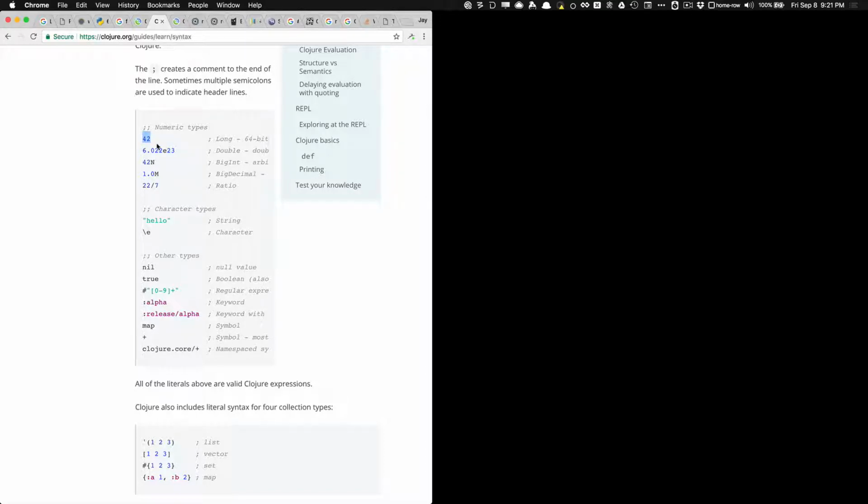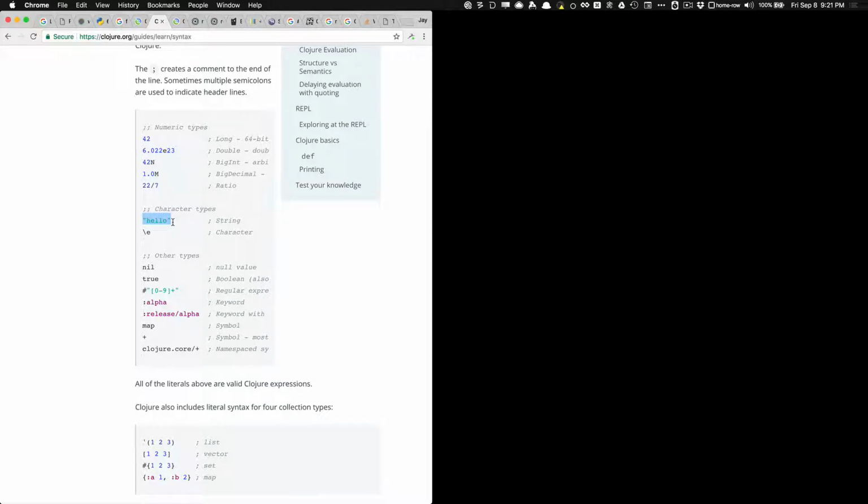So, for example, the number 42 in this case is a form. The reader sees the number and then a space afterwards, and it knows that's a separate number from the other data and forms in the character stream, and it interprets that to be a number because it is a number. And so